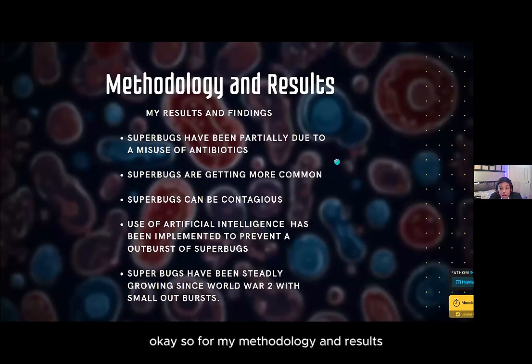For my methodology and results, what I found throughout my research is that superbugs have been partially due to a misuse of antibiotics, and superbugs are getting more common due to that. Due to this, superbugs are getting more contagious, but the use of AI has been implemented to prevent an